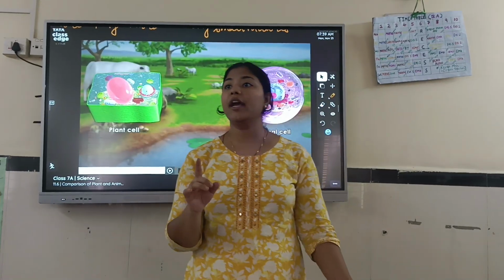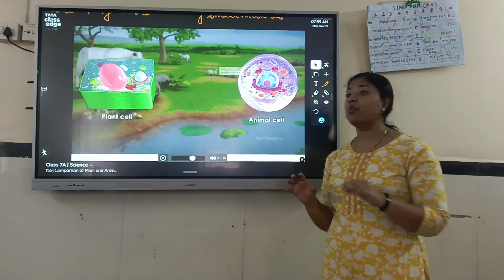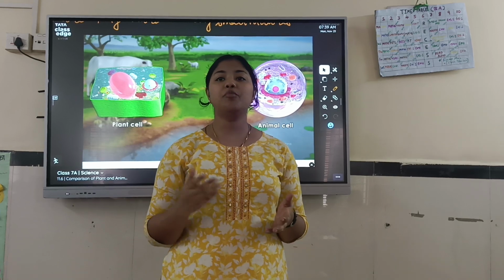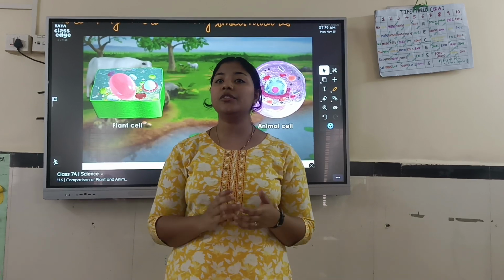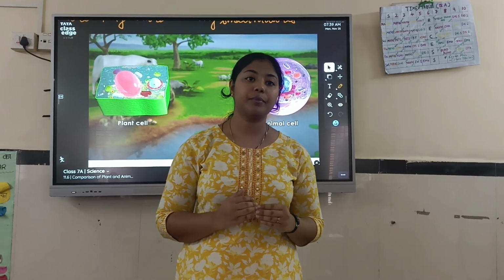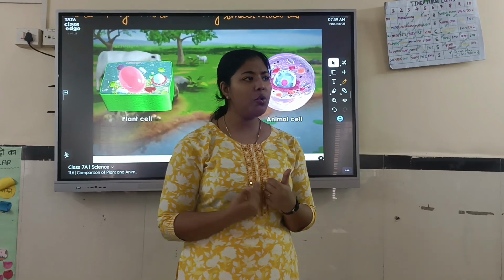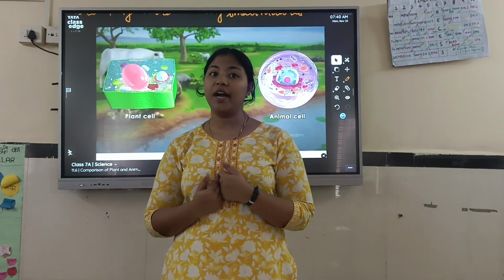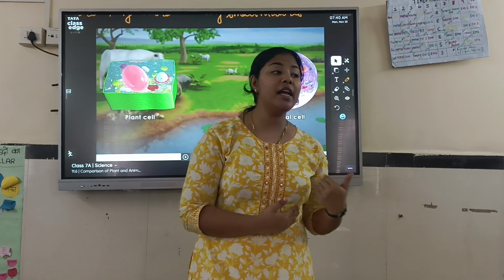The organelle which we are talking about is the chloroplast. You all saw the color of the chloroplast. What was the color? What was the pigment? It was green in color. Okay. Now the chloroplast contains chlorophyll. For which process is chlorophyll important to us? For the process of photosynthesis. What is photosynthesis? If I ask you, anyone, what is photosynthesis? Yes. Process of production of food in plants. Do we undergo photosynthesis? Do we have chloroplast? So animal cells do not have chloroplast, whereas plant cells have chloroplast. What is the pigment again? It is green in color.